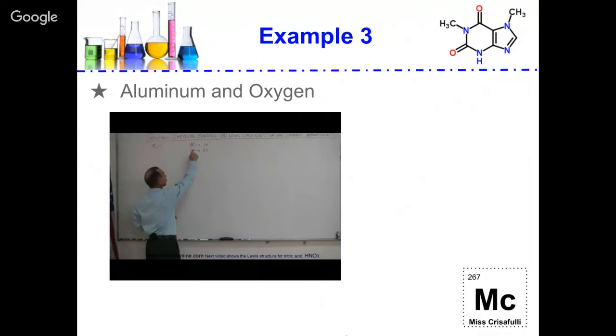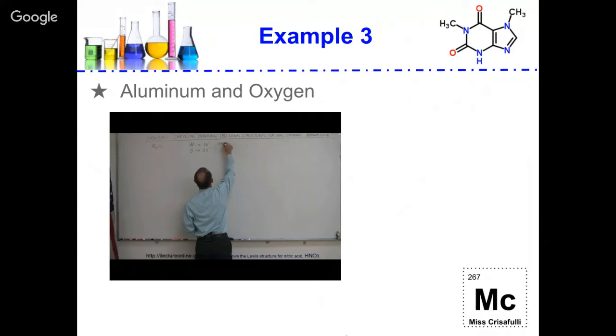Well, first of all, aluminum has 3 valence electrons, so the tendency for aluminum is to donate the 3 electrons. Oxygen has 6 valence electrons, so it has the tendency of trying to grab 2 more and make a full set of 8 valence electrons. Now, of course, 3 and 2 is not the same number, so let's take a look here. This atom can donate 3, and this one needs 2,